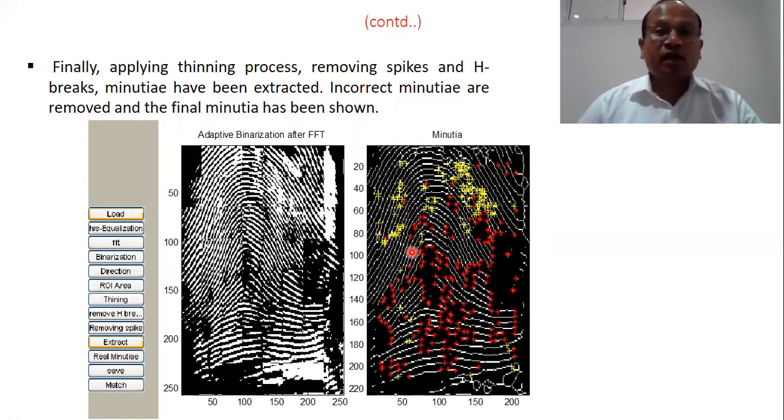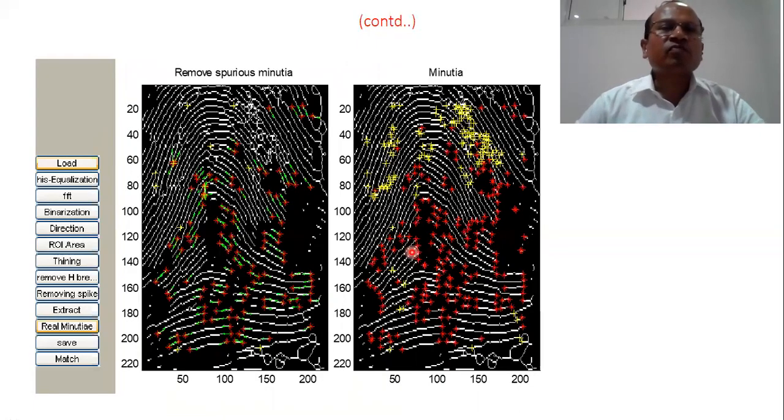Even after applying the thinning process, we sometimes get some H-like structure. H is not a correct minutia, because minutiae include only two types, that is termination and bifurcation. So that process takes place, and then the spurious minutiae, which are incorrect, are removed, and then correct minutiae are obtained.